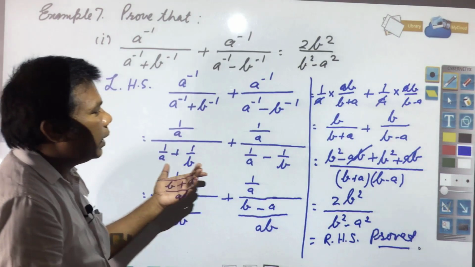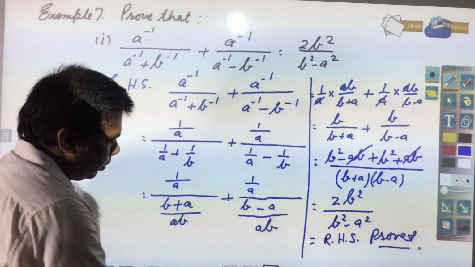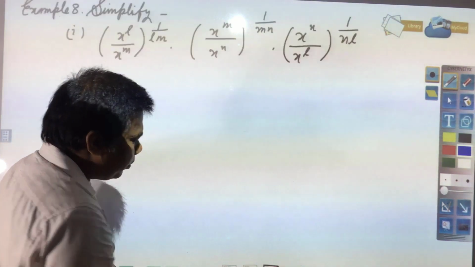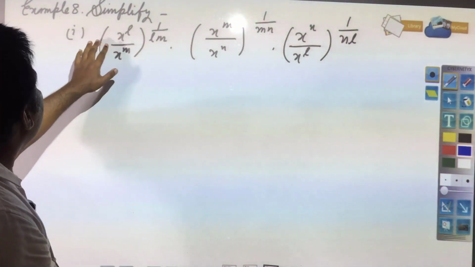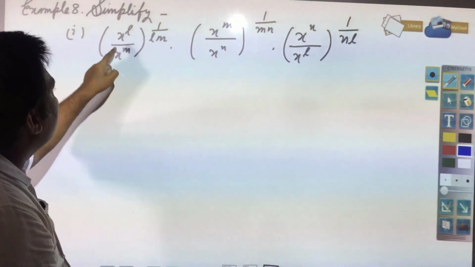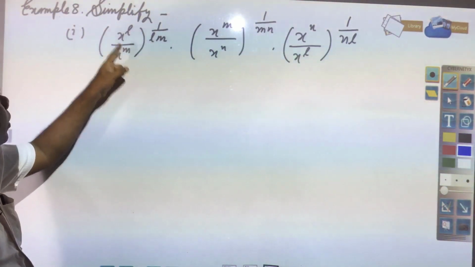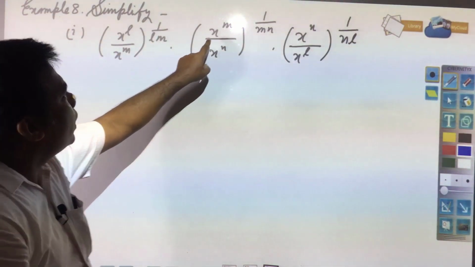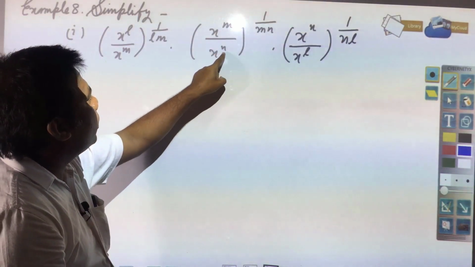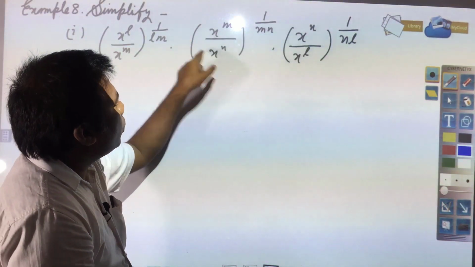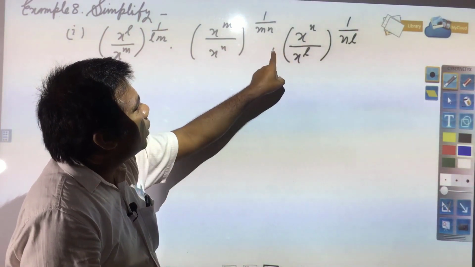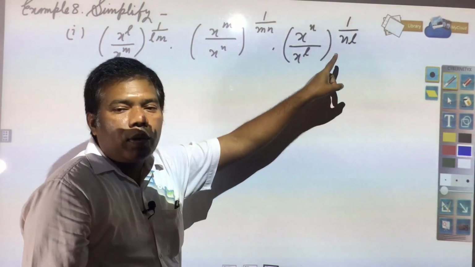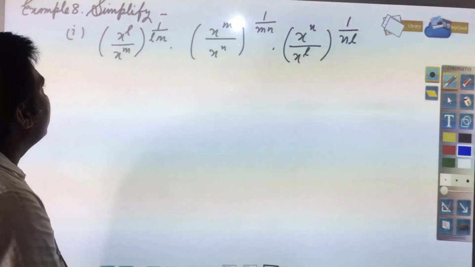So, in this way this type of question is required to be solved. Next you see, you have x to the power L divided by x to the power m whole to the power 1 by L into m, into x to the power m divided by x to the power n whole to the power 1 by mn, into x to the power n divided by x to the power L whole to the power 1 by nl. Now, how will we solve this? You see,